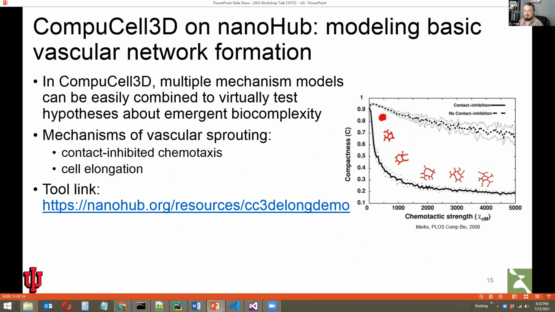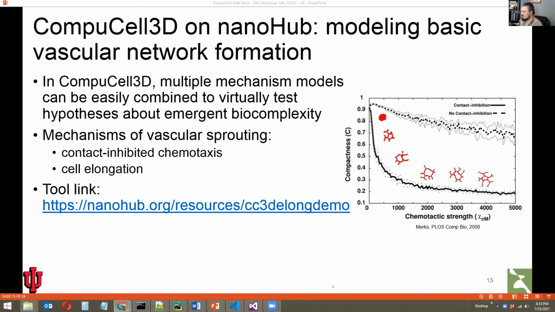I told myself I was going to keep this as high level as possible, but I also wanted to at least make this available and show you a little bit of how this actually looks. So one thing that we do is CompuCell is available remotely via NanoHub. We have the entire CompuCell framework available just as a general simulation service.